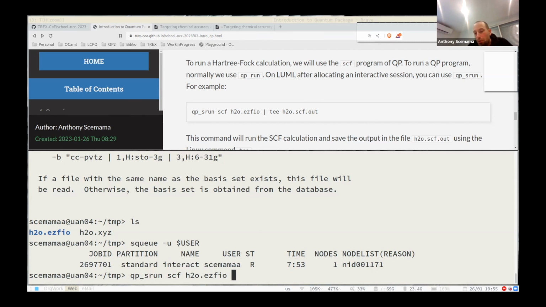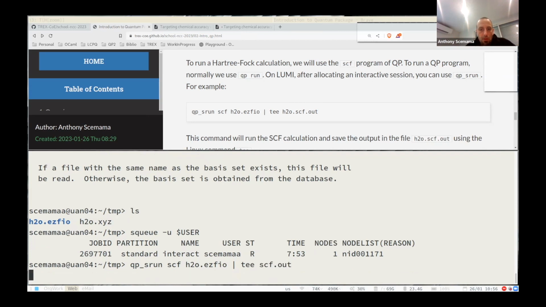So you will have an output where you have some information. You can redirect it into scf.out, for example. That's what you would do normally. And if you want to have the output both in your terminal and in the file, you can use the tee command. So this is a shell, well, it's not Quantum Package, it's Linux. If you pipe a command into tee, it will print interactively the output and will also store it in a file. Okay, so we run it like this.